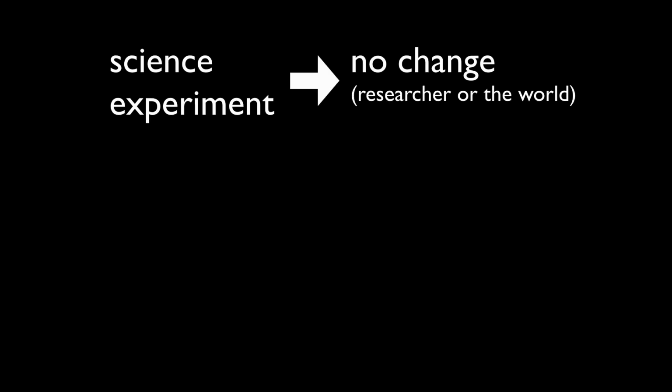One more thing. I don't want to oversimplify the difference between science and art here, and I know there's a couple of scientists in the room, or people from a strong science background. However, you could argue that a science experiment leads to no change, either in the researcher or the world. The idea being that the science experiment needs to be reproducible. So if I'm setting up an experiment here, the proof that it is correct is that someone else over there can also recreate that same experiment. Therefore, I'm not changed, the world is not changed by this action because it can be repeated elsewhere.